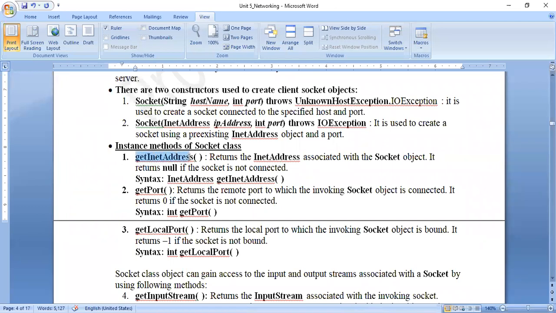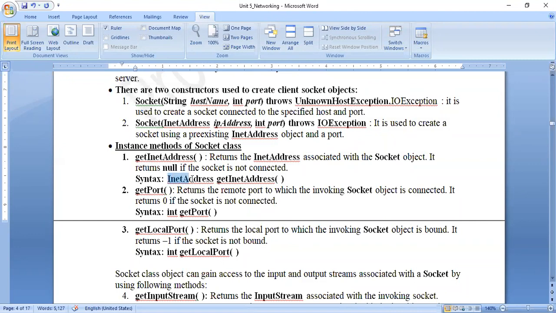Then you can make use of this method called getInetAddress. It will return the InetAddress object, which stores the host name as well as the IP address of the server. If the socket is not connected to any website, then it will return a null value.